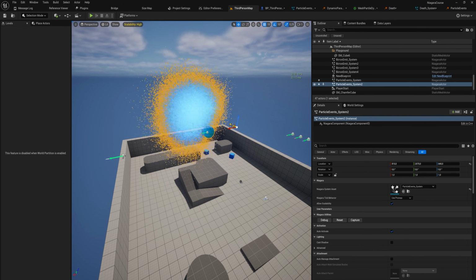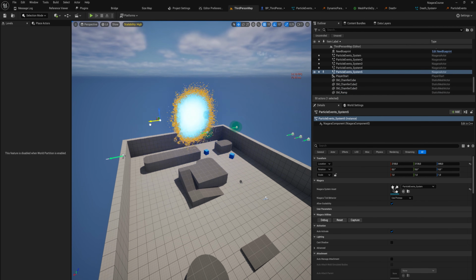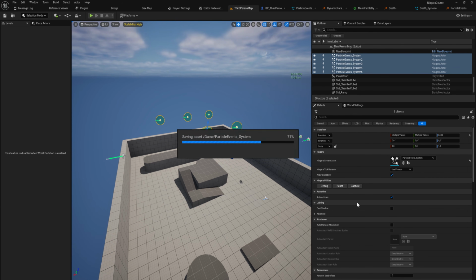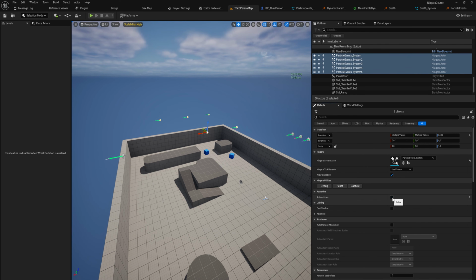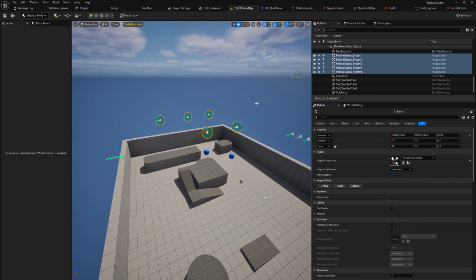If I just copy this over a handful of times, I can see every time I copy it over, my frame rate absolutely tanks. Then when the particles are done emitting, of course, there's no problem because there's no more particles. But if I now select all of these, and this might actually crash my engine, so I'm going to save everything, and I auto-activate all of them off and then all of them on, my frame rate, just by emitting like 5 of those particle systems, dips to like 20 frames per second. And that's because it's all CPU bound and it's spawning in potentially tens of thousands of particles,